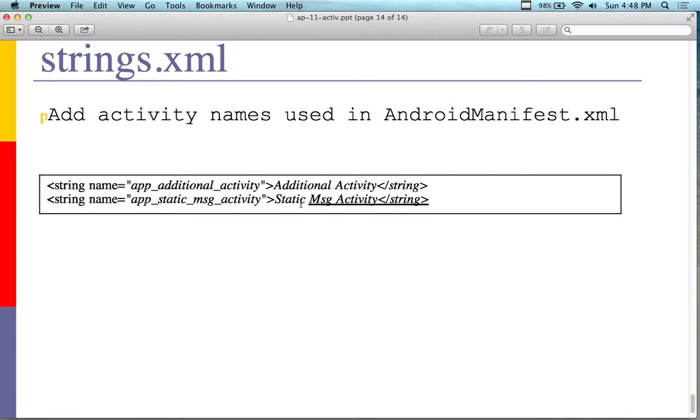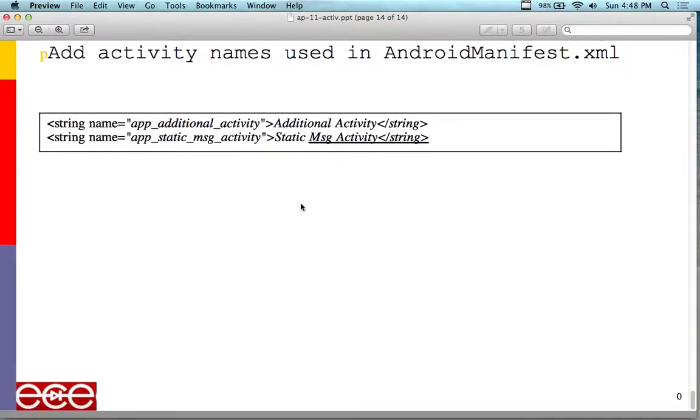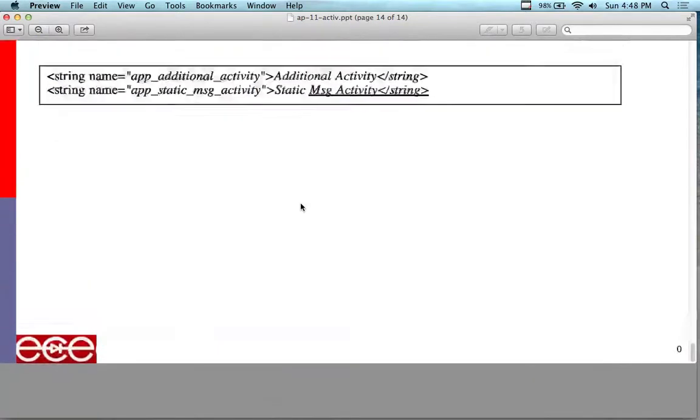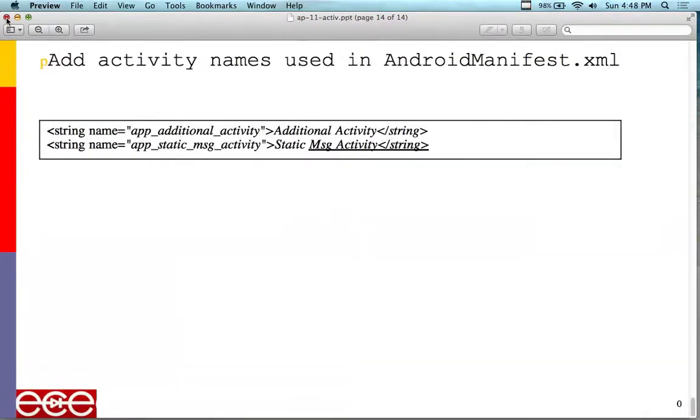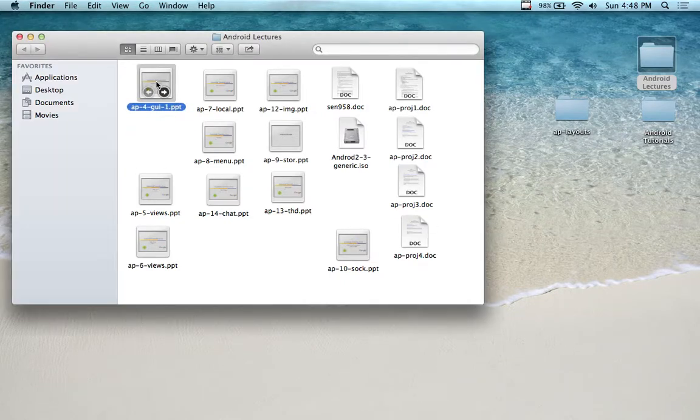So we can add strings in there for the names. These are the names, by the way, of the activities that we're putting in there. So that was kind of a summary overview of all of the tutorials and stuff that we dealt with that worked